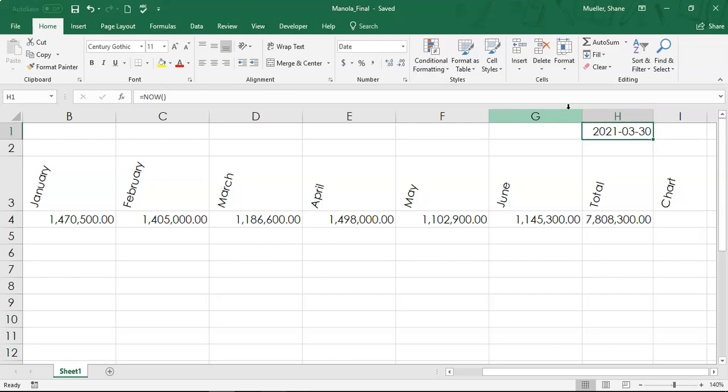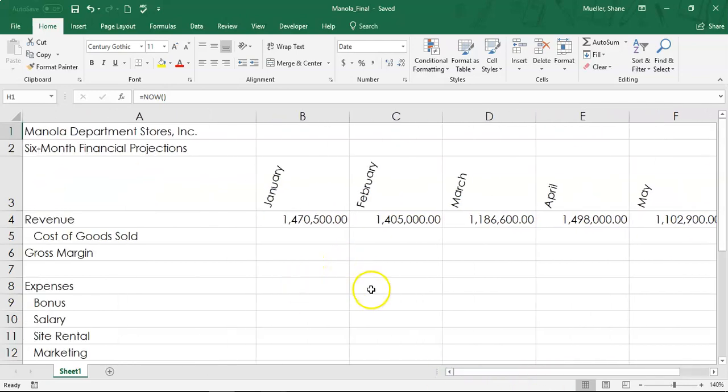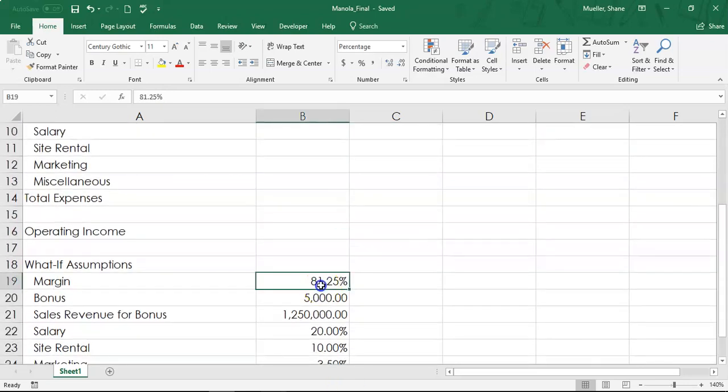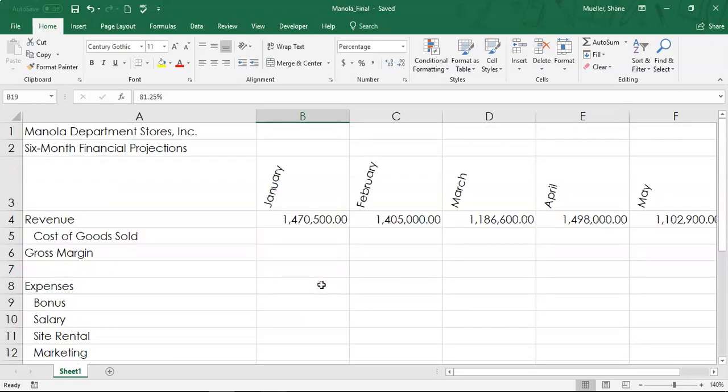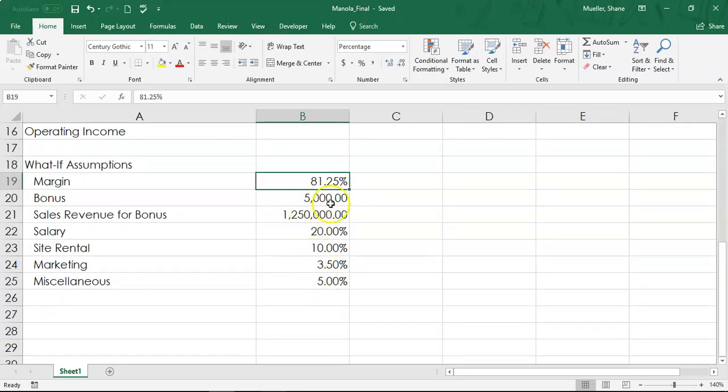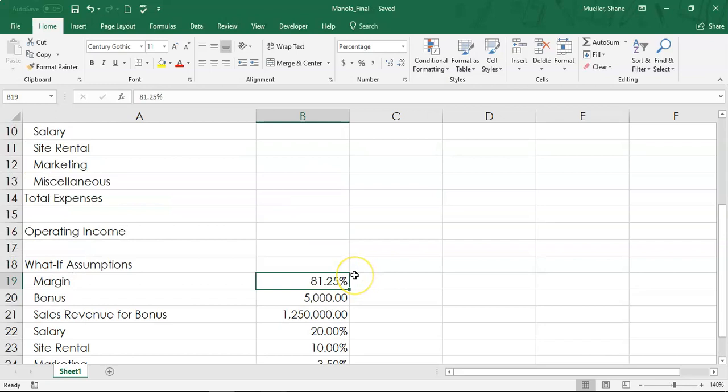All right, so the next thing we're going to do is populate our table right over here using our assumptions. Now the thing to remember is that we're going to use the assumptions for every month. However, our assumptions are in one specific cell or one column. So our assumptions are all in column B, B19 through B25. Now remember, when we copy